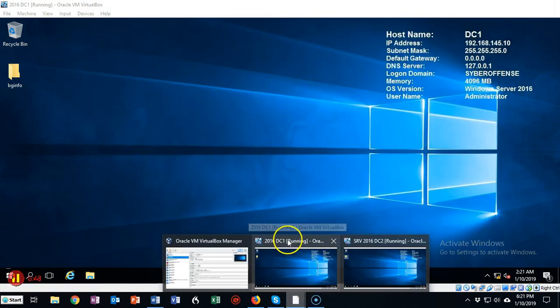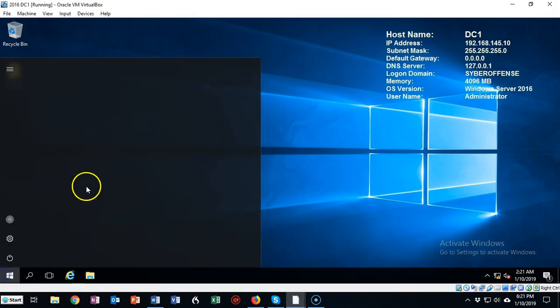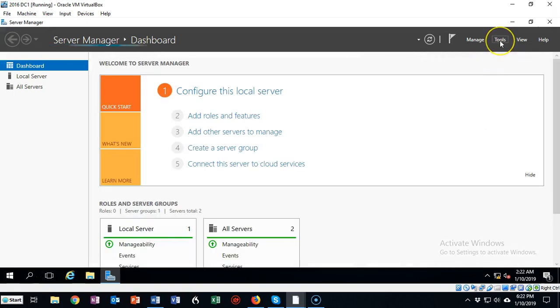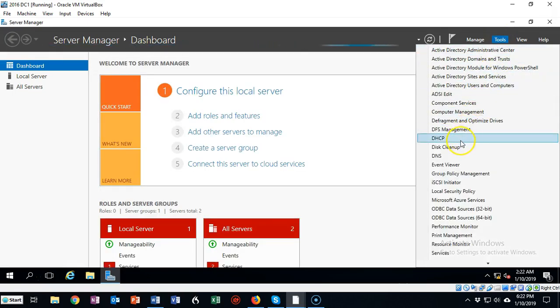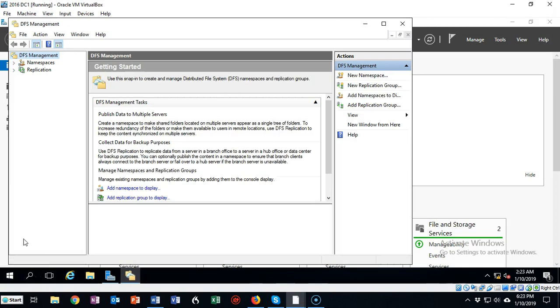So I'm going to go back on over here to DC1, and we're going to bring up my Server Manager one more time, and we're going to go to Tools, and we're going to go to DFS Management. We're going to begin by creating a new namespace, then later on you'll see how we come back and we're actually going to use that replication role to configure replication of any changes that happen to any folder inside of